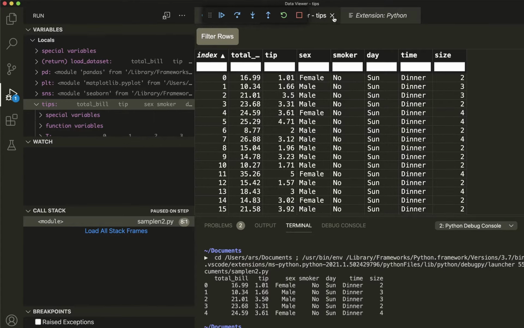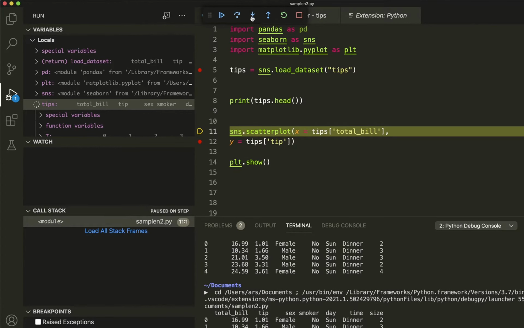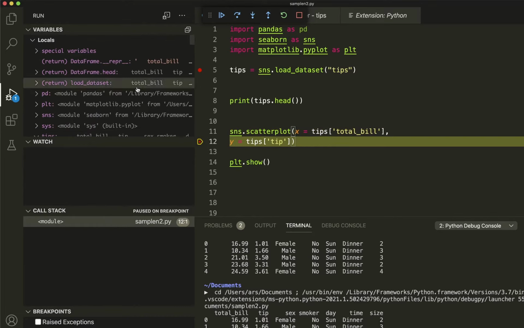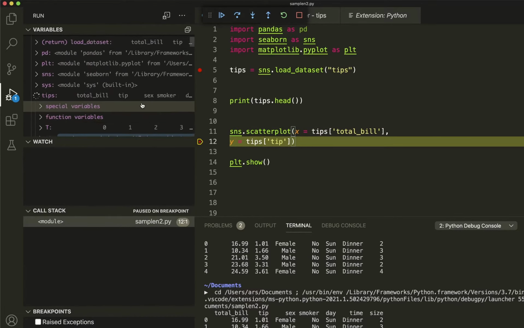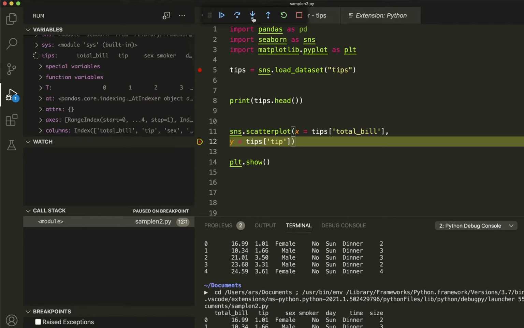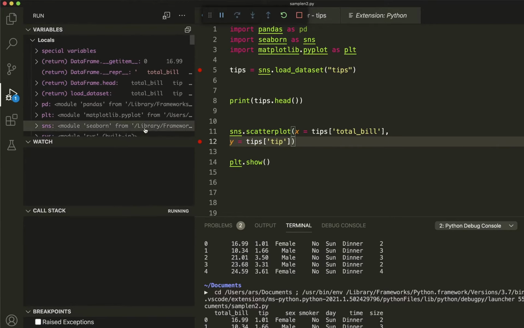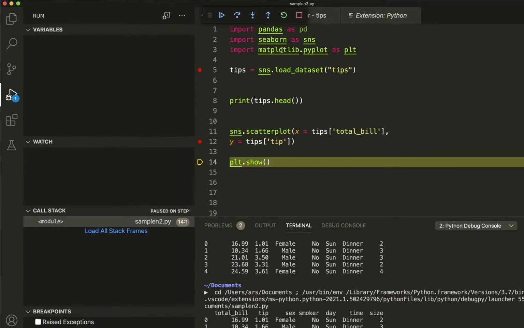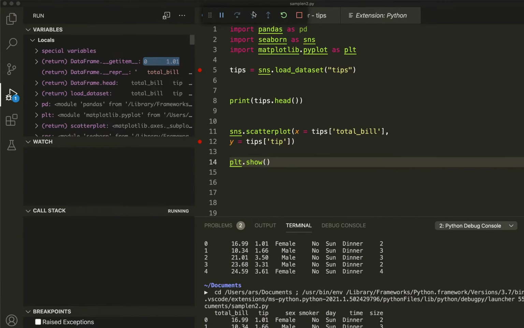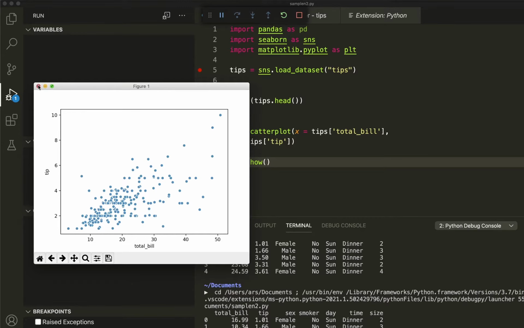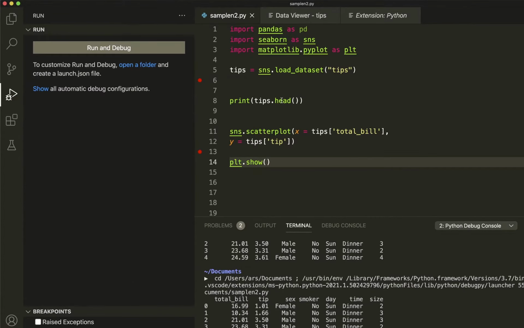If you do not want this, then you can go next and next, and you can see what kind of changes are happening. And right now you can see there is a scatter plot being built. Next, and next, the plot would show up. The plot is displayed, and then close it. Your debugging process is completed, so you have exited debugging.